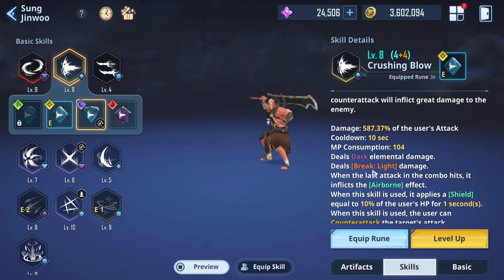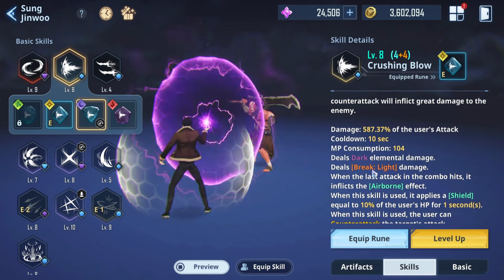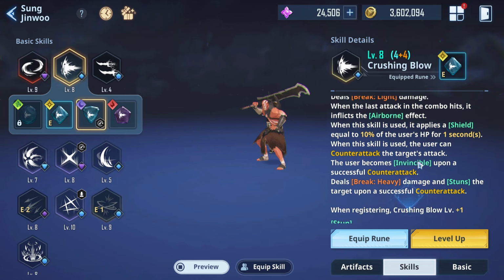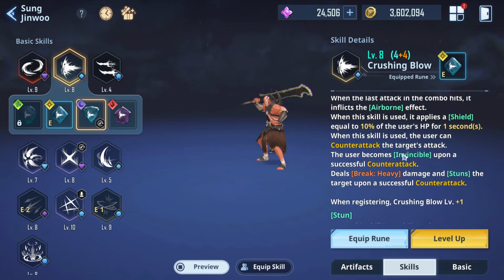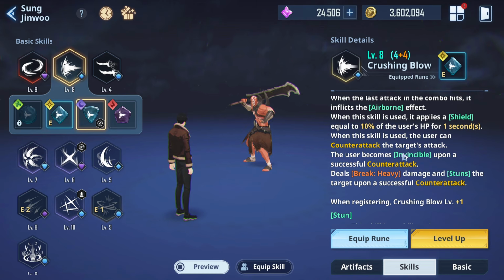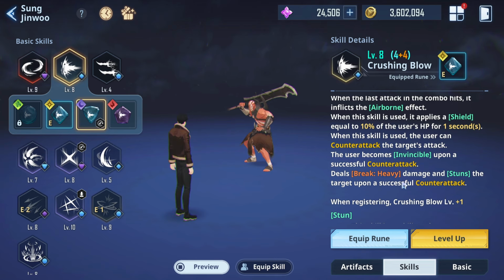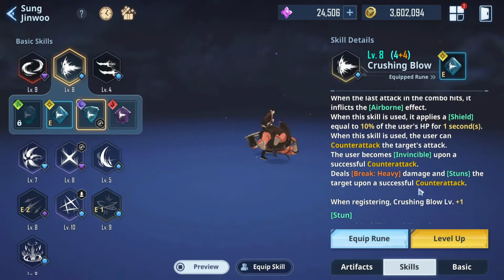So the break on this is light. It does apply a shield, 10% of the user's HP for 1 second. And basically it's a free counter attack, so if the enemy does come in with an attack, you can activate this within that split second to then activate a counter attack. You will then become invincible, and then it deals heavy break damage and stuns the target upon the successful counter